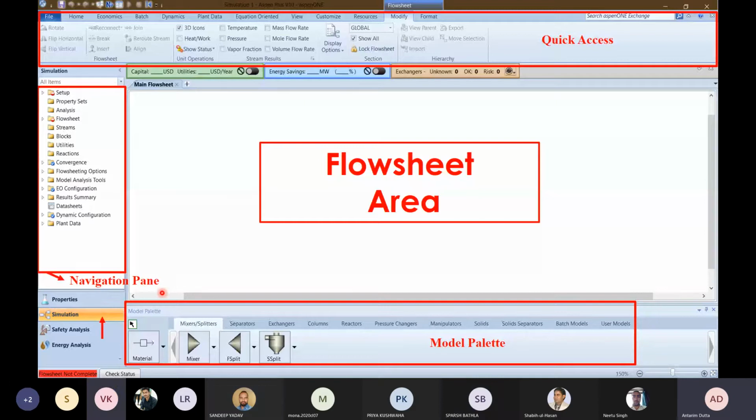For today's lecture, we are focusing on this particular environment, that is the simulation environment. We will get to know what the various models available in Aspen Plus are, what we can do with them and how we can do it specifically, and also the special features of Aspen, using sensitivity analysis and design aspect. So we will go through all of those things.